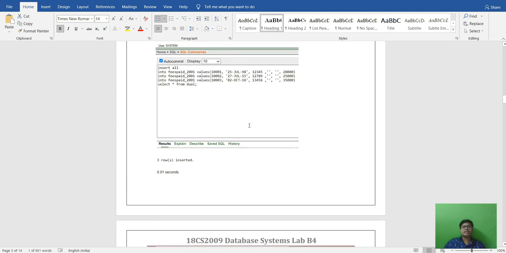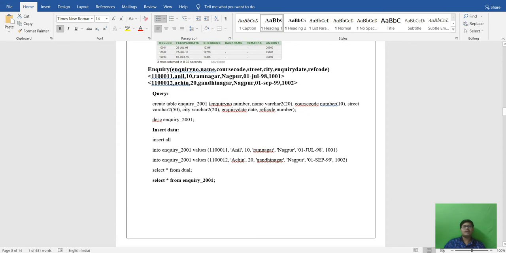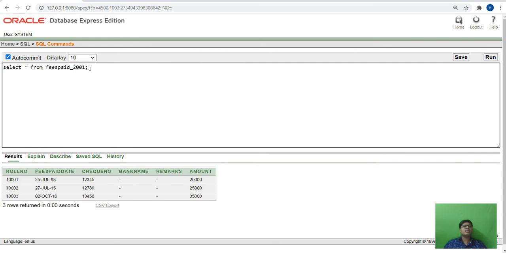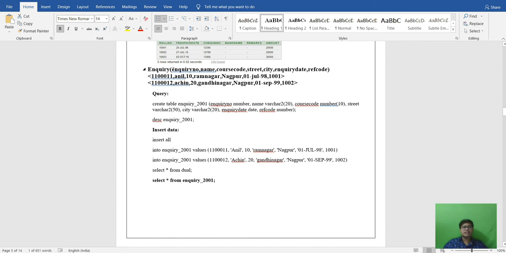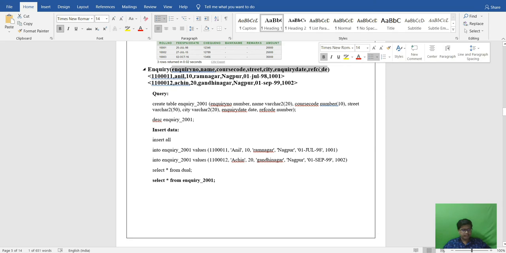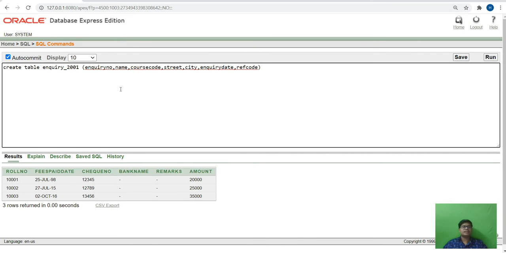Next we will go to the next table that we have to create, that is of enquiry. So here we will go and create table enquiry. Here we will copy these attributes.